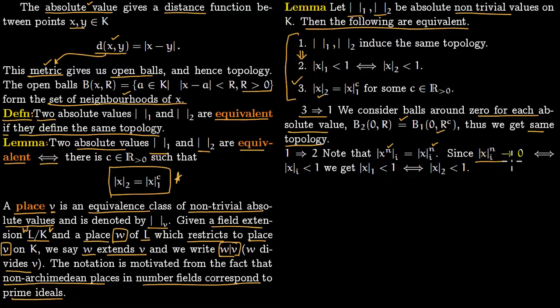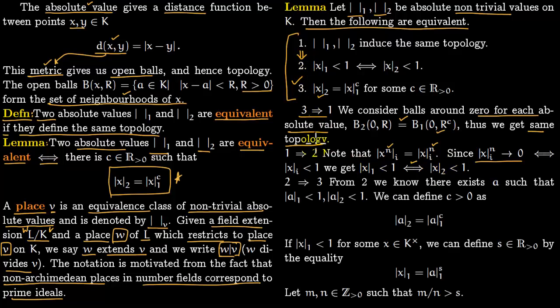Now since this goes to 0, this is true if and only if the inside value of the absolute value is less than 1. Because this absolute value is always a positive real number, it has to be less than 1 here. So this is true for any absolute value, so it is true for both absolute value 1 and 2. So instead of i, you're writing 1 or 2. So you have an if and only if statement because this entire thing is true for both 1 and 2.